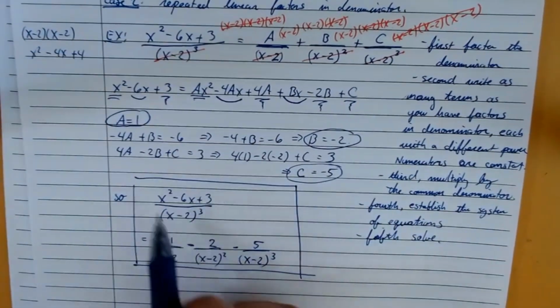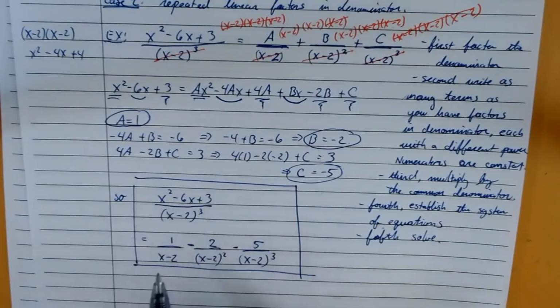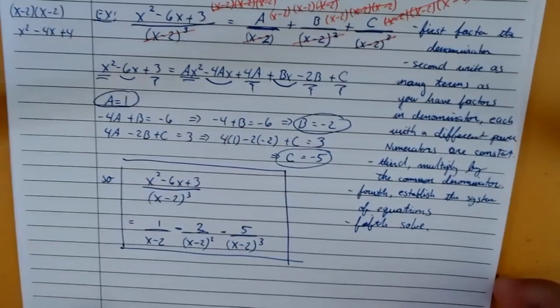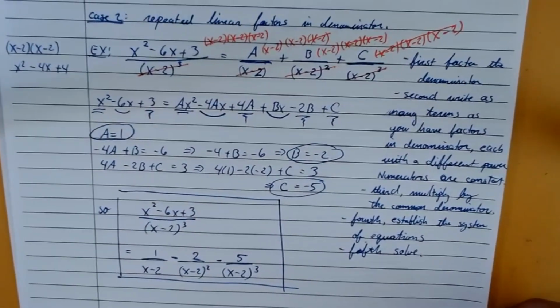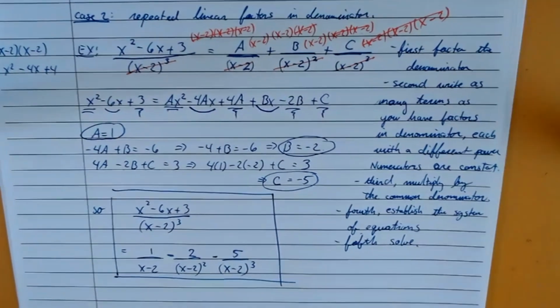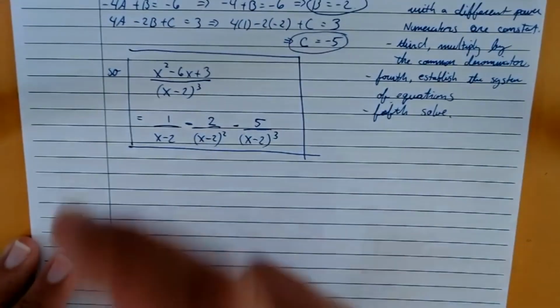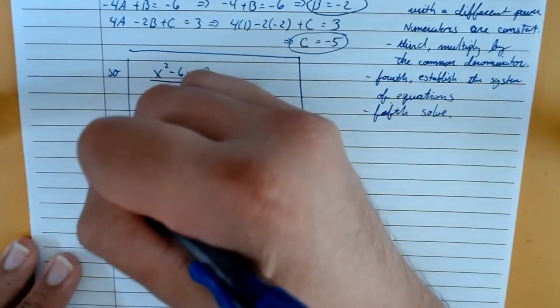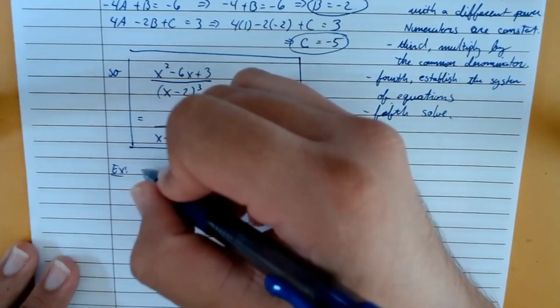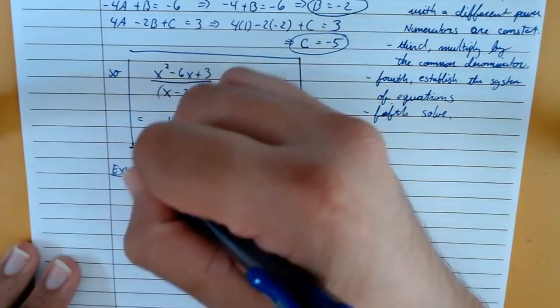Instead of having one big expression with one big denominator, we've separated into, this time, 3 rational expressions, each of which has a constant in its numerator. And that's our result. Okay, so go ahead and give this a try. You're going to find the partial fraction decomposition